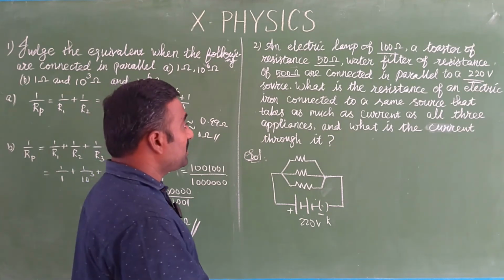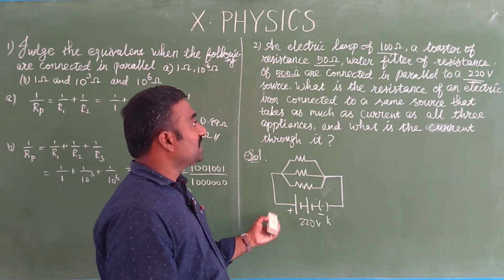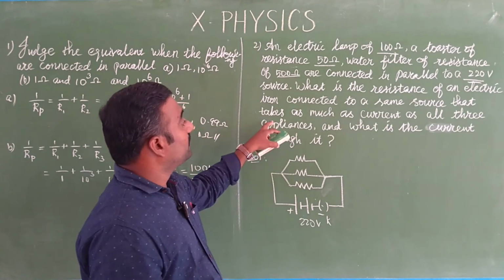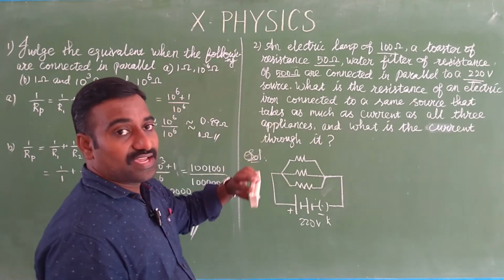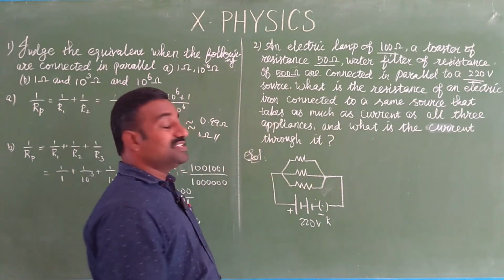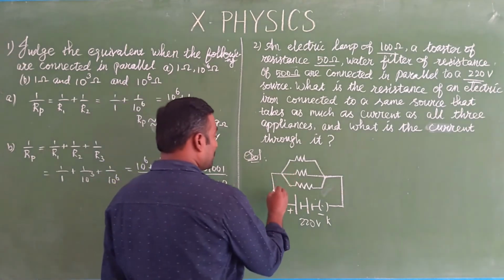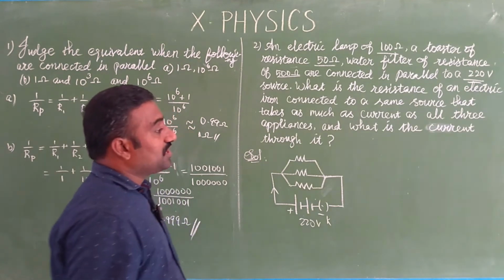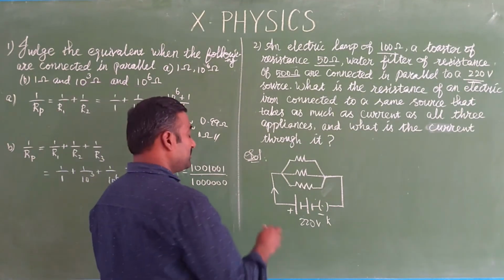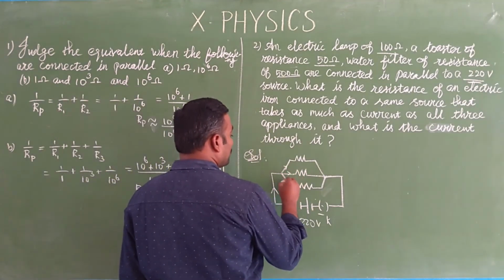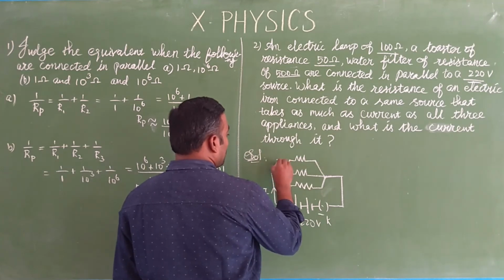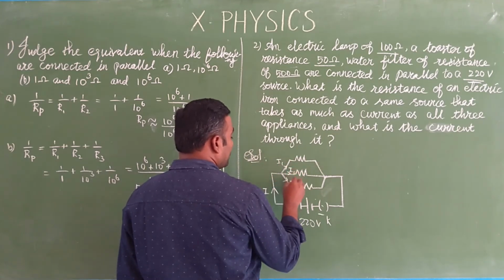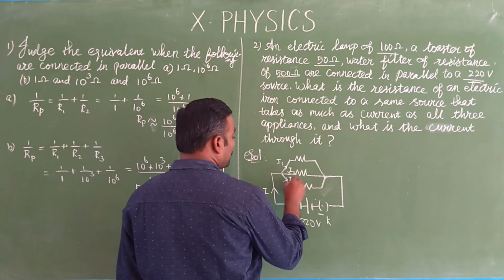Okay. Whatever current this consumes, the same current we give here. If we give an electric iron, then what is the current through it? So it's very simple. They have given the question in a confusing way. So what happens to the current? It is subdivided. I is subdivided into I1, I2 and I3.